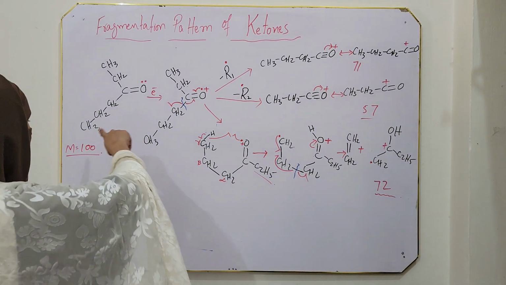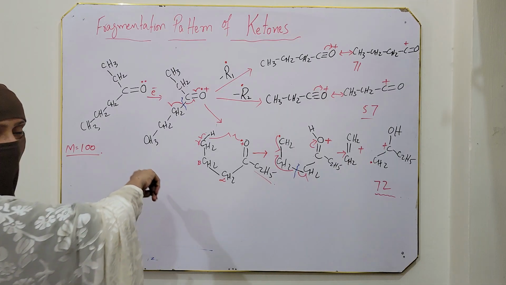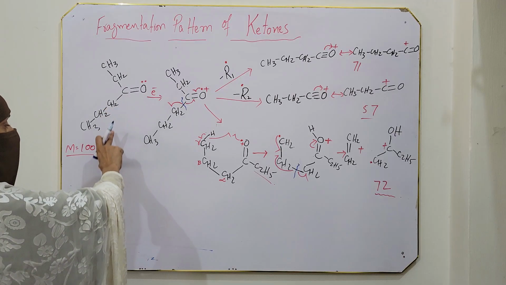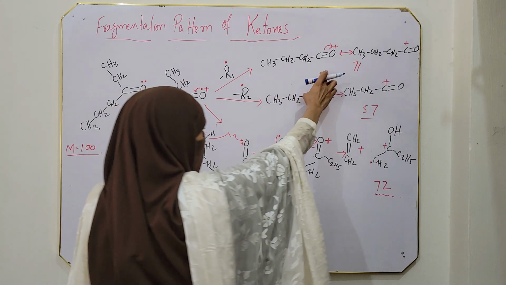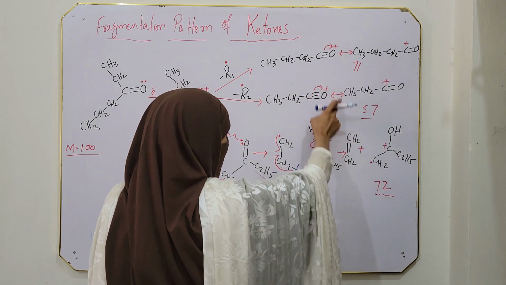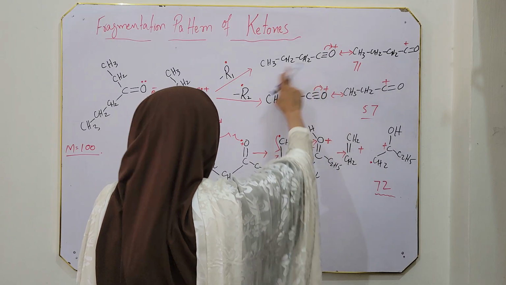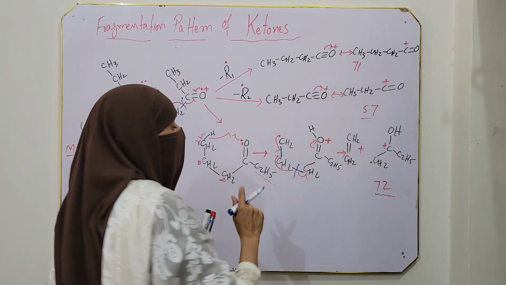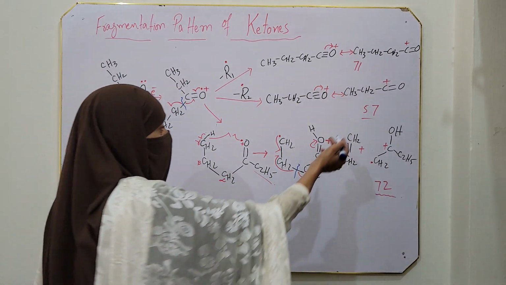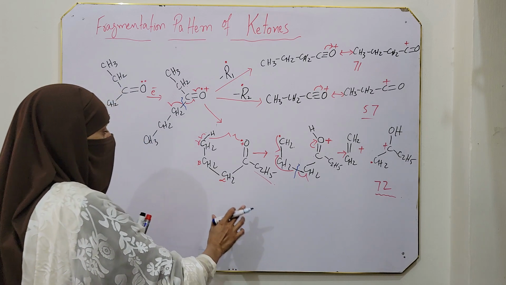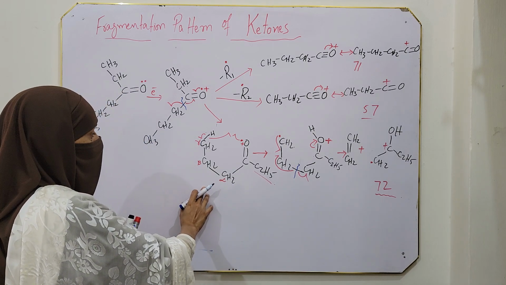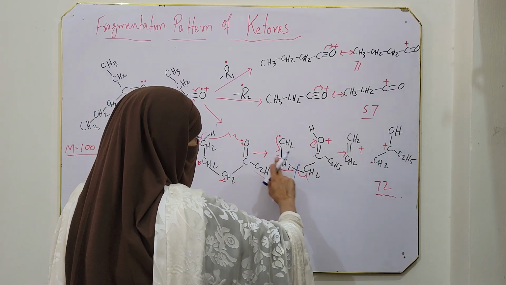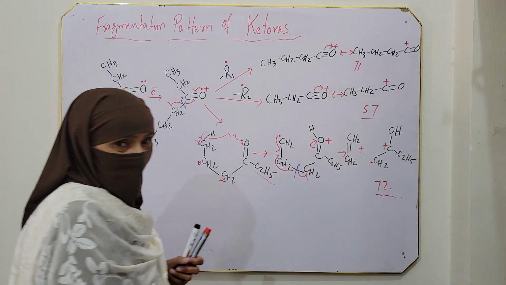So this fragmentation pattern is following the nitrogen rule. The molecular ion has a peak at 100 because it contains no nitrogen, and fragments get peaks at odd mass as they have no nitrogen. When nitrogen is not present, fragments by single bond fragmentation give a peak at odd mass, and McLafferty will not follow this rule, because in McLafferty, once hydrogen is transferred, the second fragmentation cleaves a bond.